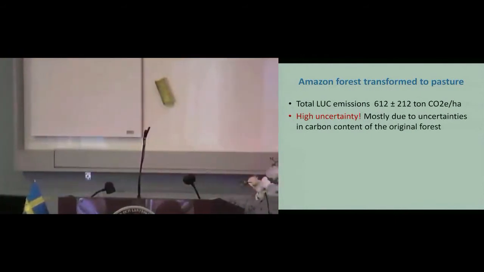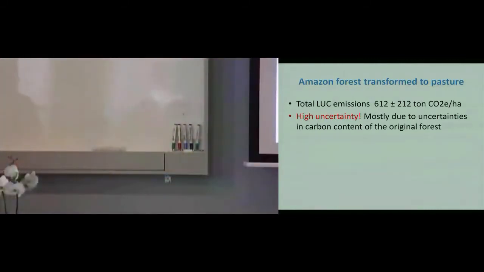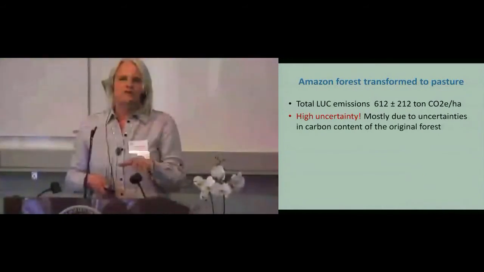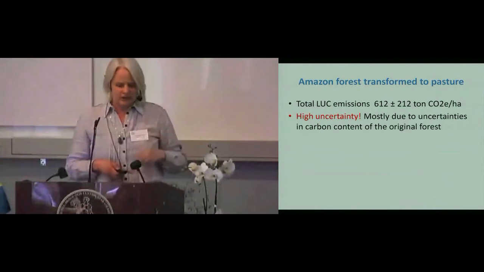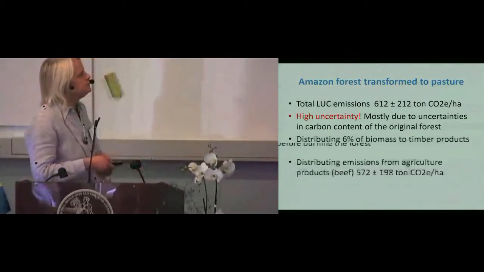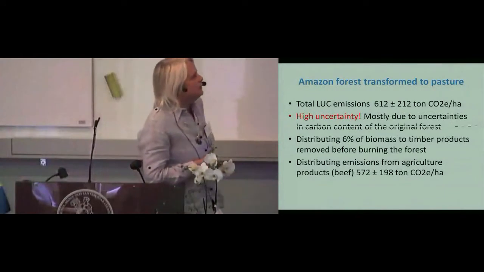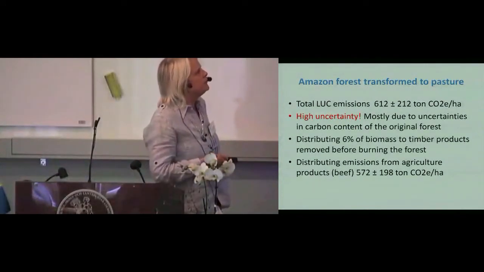But it's also a very, very high uncertainty, which is due to that there is a big variation in the carbon content in the original forest. And this is one very important thing to think of when you see numbers, that they are associated with big uncertainties. In the Amazon, they take out some timber, so we want to say that some of the timber products should be responsible for this